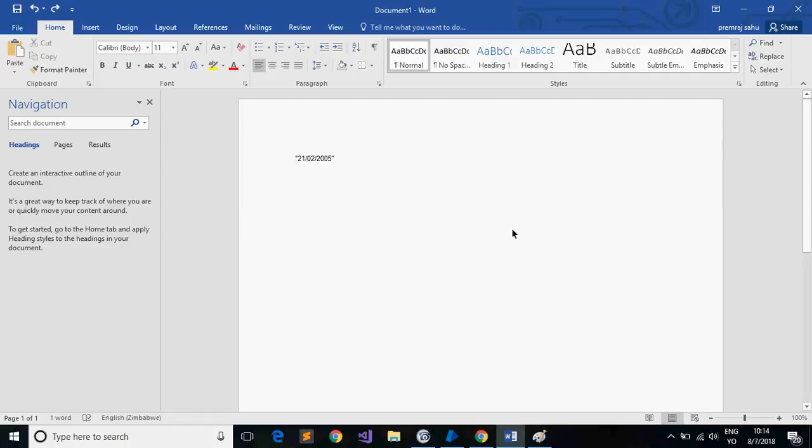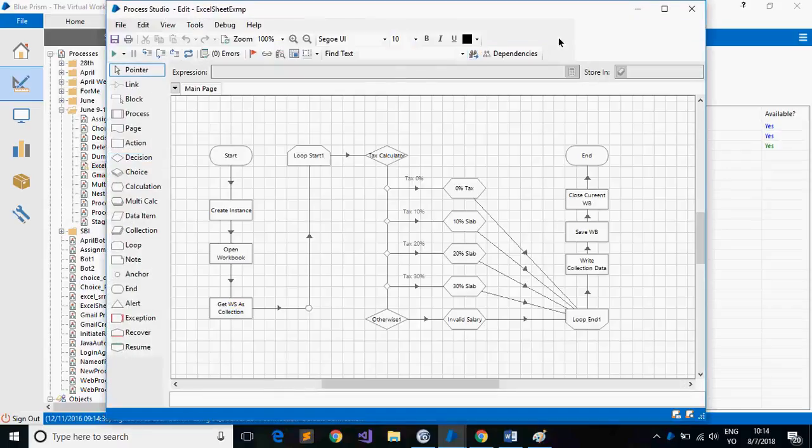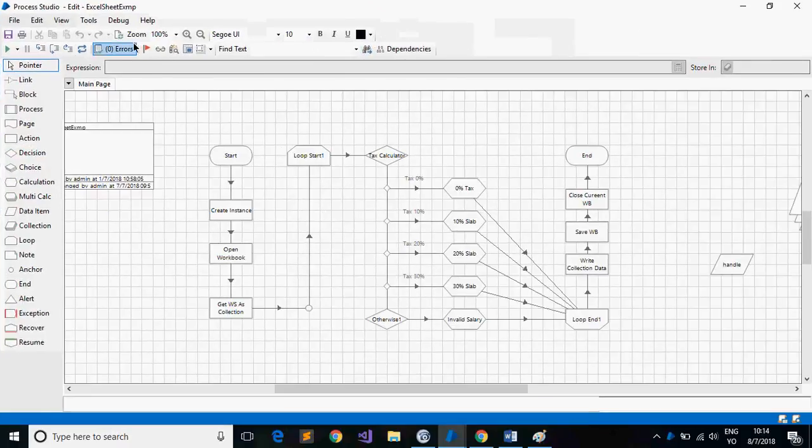So what is a debug mode? There are times where we won't know what the error is. We won't know what the error in the program is. So, for example, if you go to the Excel sheet, for example, here,